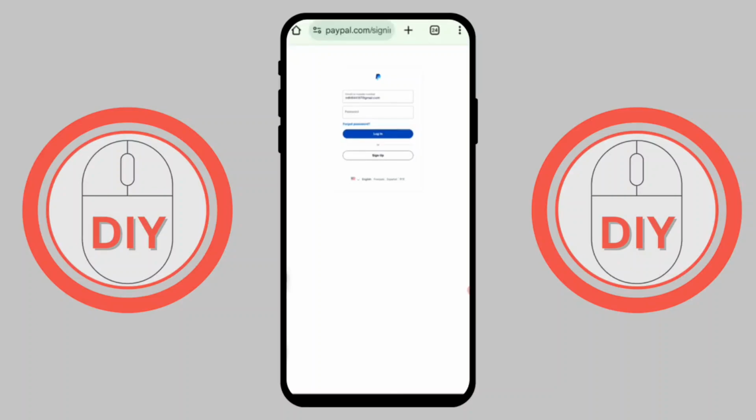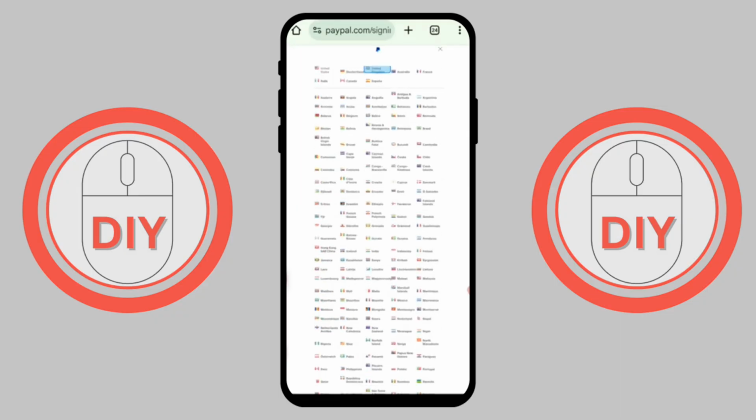How to create PayPal account in Pakistan. In this video, I will explain how you can create a UK PayPal account while you are living in Pakistan or any other country. So, first of all, you need to select the United Kingdom as your country on the